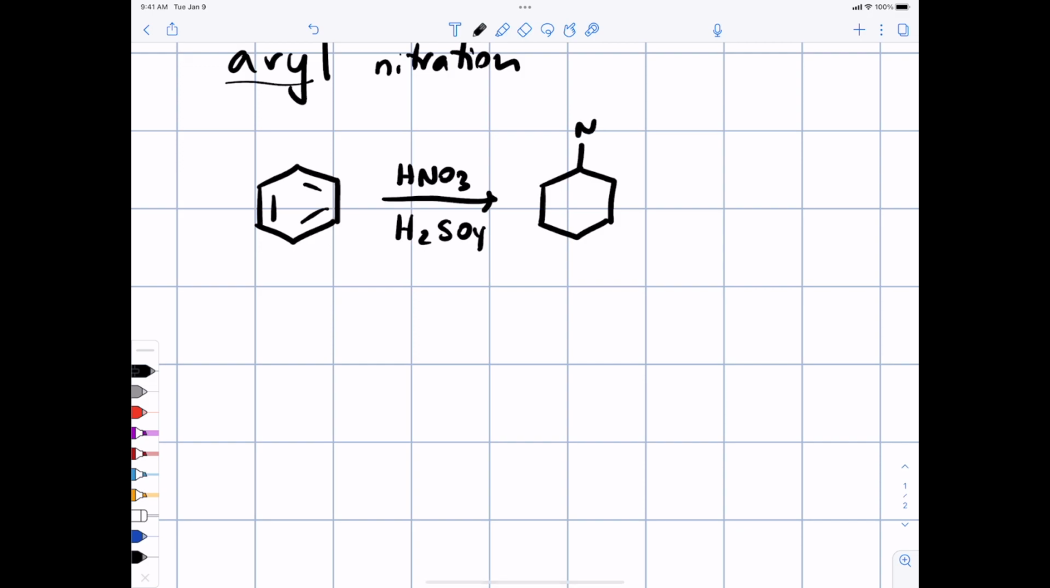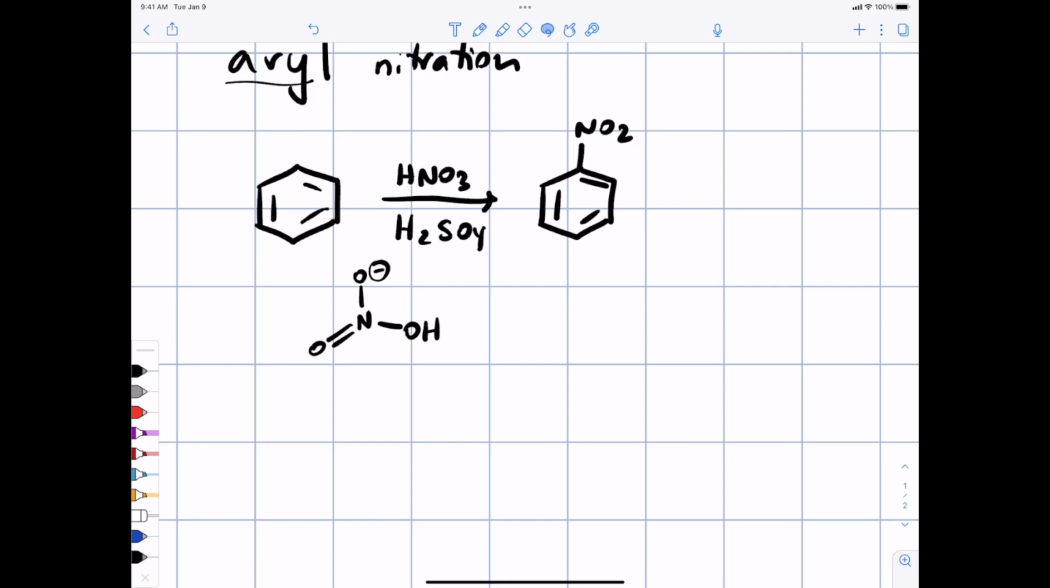You have to be very careful when working with nitric acid and sulfuric acid. A mixture of nitric acid and sulfuric acid is sometimes called aqua regia, and you can use it to dissolve gold. So, pretty caustic mixture of stuff. In any case, this installs a nitro group. And I think your text may show this mechanism, but I'm not going to worry too much about how to generate